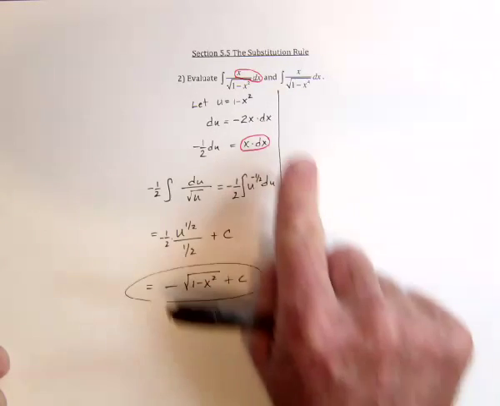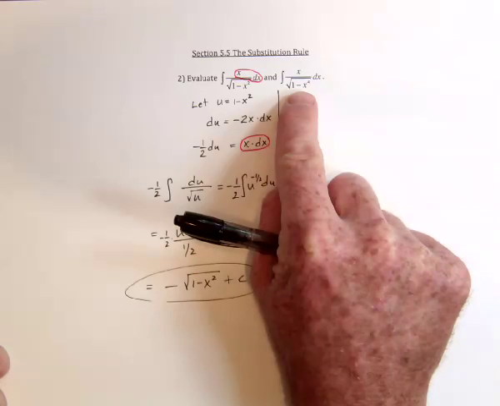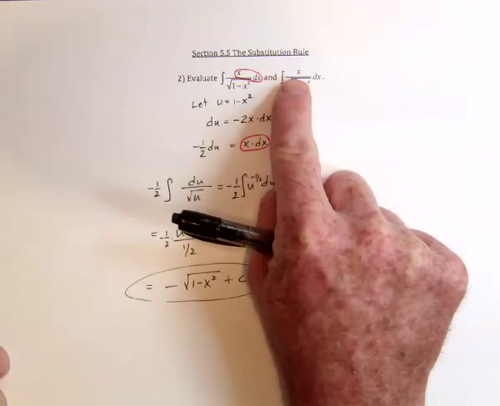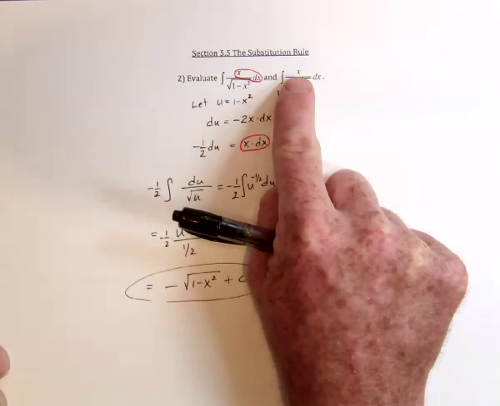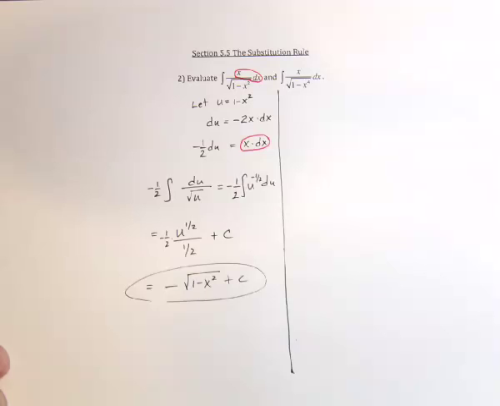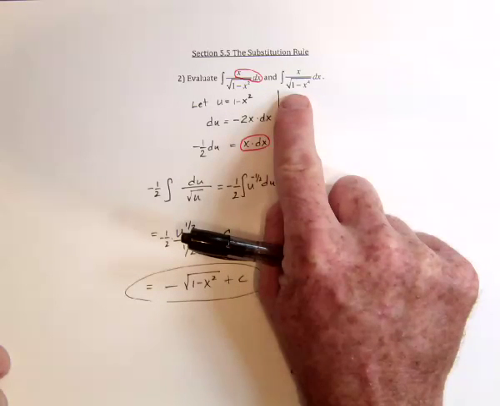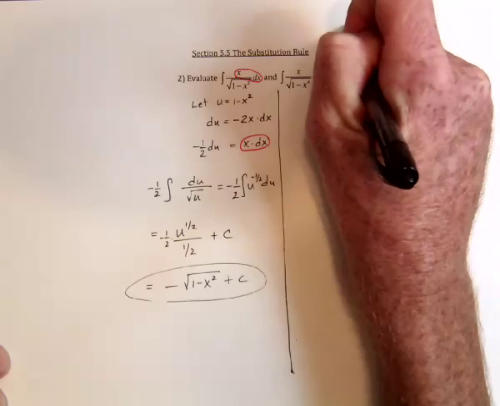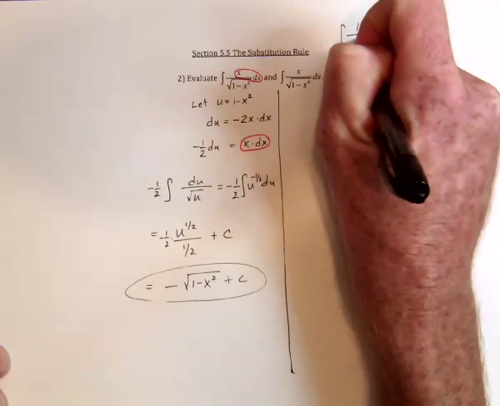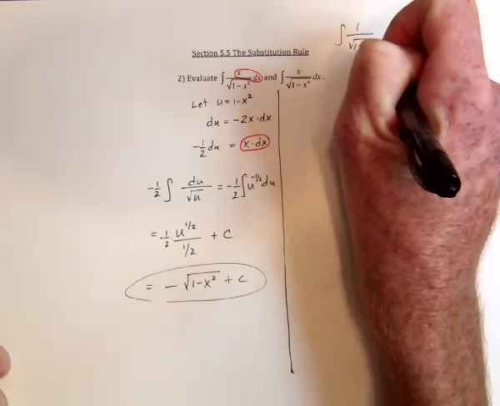And then for this one, well, if I tried u substitution and had u equal 1 minus x to the fourth, the derivative would be 4x cubed, and this doesn't have any x cubed. So this part up here is missing x's for my u substitution, and there's really nothing you can do about missing x's. So u substitution, at least that u substitution, letting u equal this inside part, that's not going to work. But if you recognize that this one, like if we were integrating 1 over the square root of 1 minus x squared,